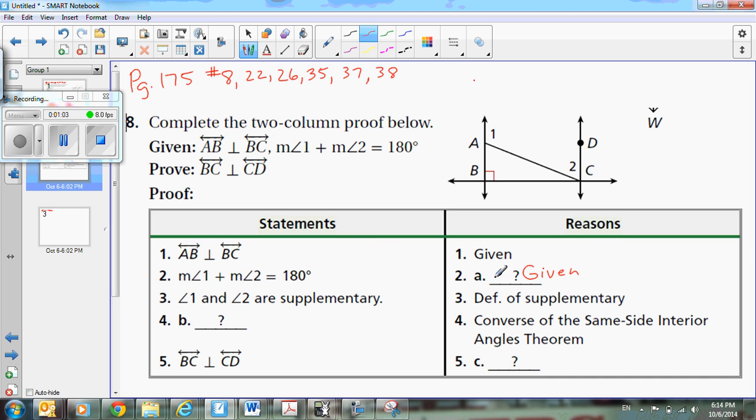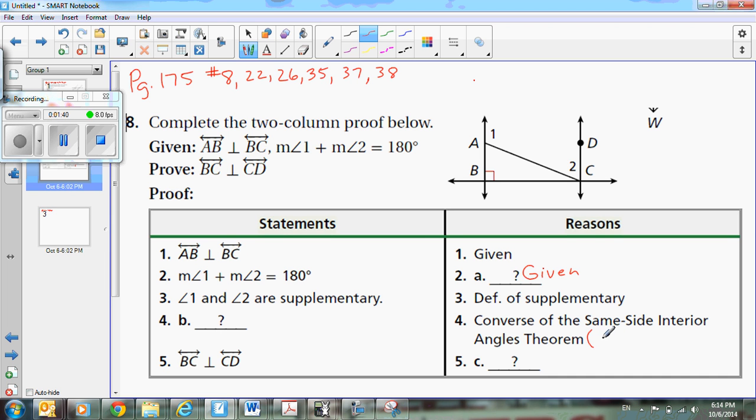All right, so if the measures of angles 1 and 2 add up to 180, step 3 tells us that 1 and 2 are therefore supplementary, and we back that up with the definition of supplementary angles. Now, step 4, we have these two angles supplementary, so what must this statement be if we're backing it up with the converse of the same side interior angles theorem? Now, I want to remind you what that theorem says. I don't want you to write the name of these theorems on your proofs. I want you to write the